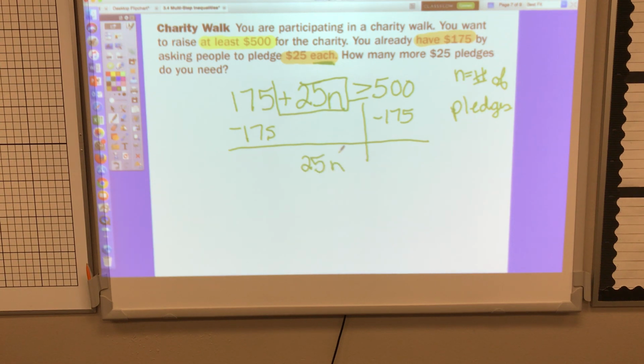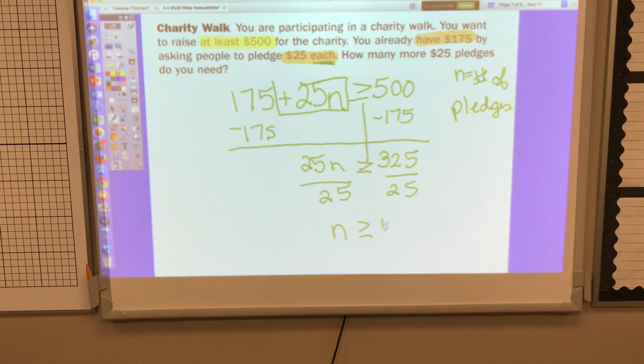And when I take 500 minus 175, I get 325. This is still greater than or equal to, I just did addition or subtraction. And to get n by itself, I divide both sides by 25. And I have n is greater than or equal to